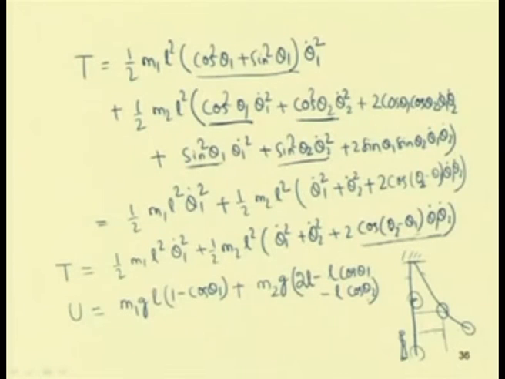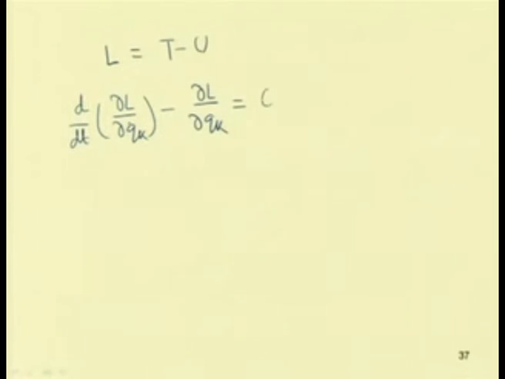So, after getting this potential energy and kinetic energy, one can find the Lagrangian of the system. So, Lagrangian of the system becomes T minus U, and now one can use either Lagrange principle or Hamilton principle to derive the equation of motion. So, let us use this Lagrange principle to derive the equation of motion. In case of Lagrange principle, it becomes d by dt of del L by del Qk dot minus del L by del Qk, and this becomes 0 as we do not have some external force acting on the system.